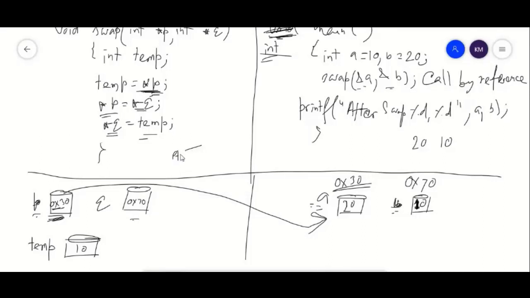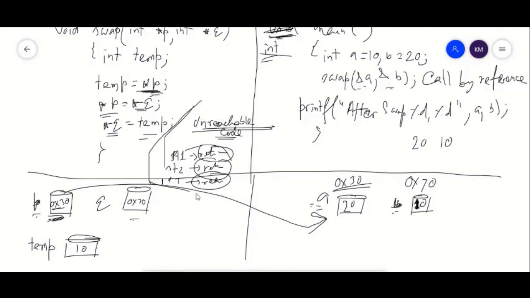Statement 1 return, statement 2 return. This is not possible. Statement 3 return. Only one return will be available. In that case, it will give you an error, unreachable code. Is it okay? Okay, sir. So there is no way of returning more than one value, but you can return by array, by using pointer. That is allowed.